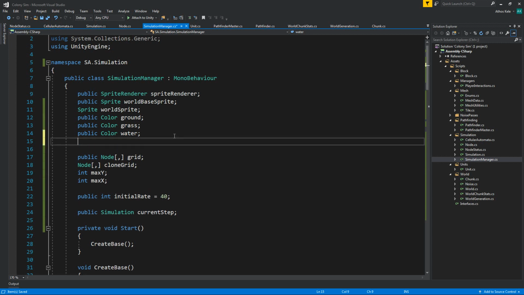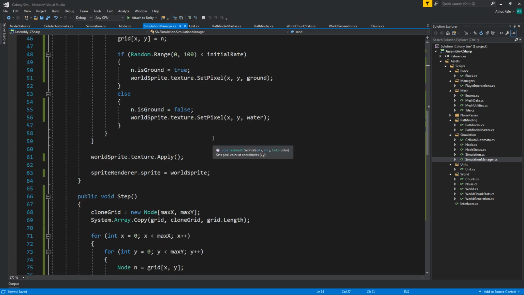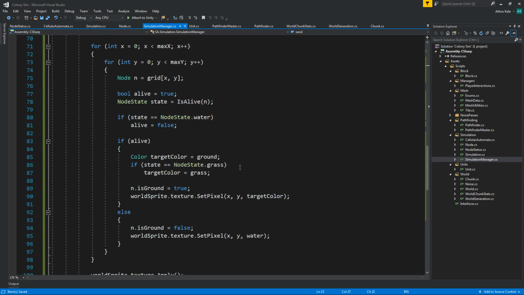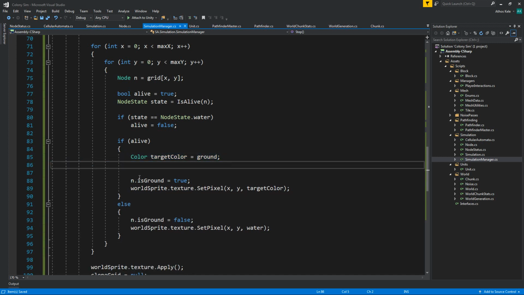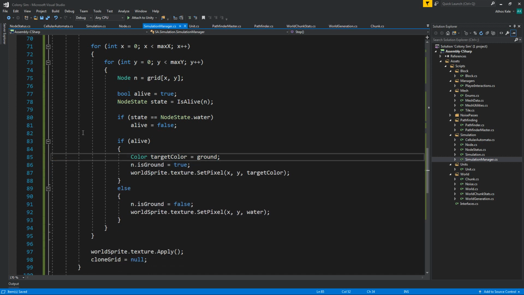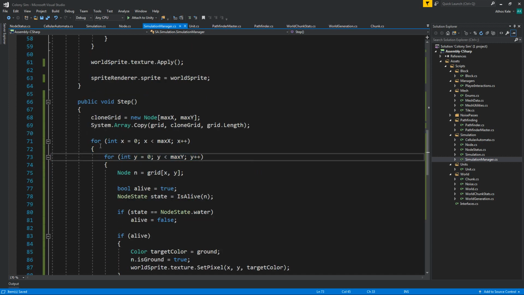Let's try one more thing, which is color. Let's say sand, and let's remove the grass entirely, and we want to do another for loop